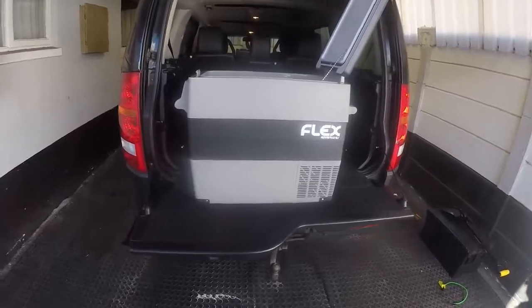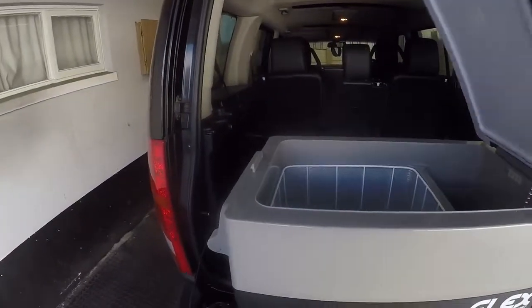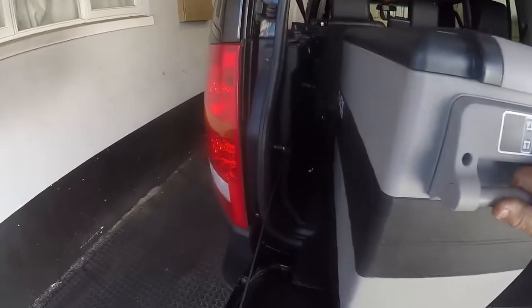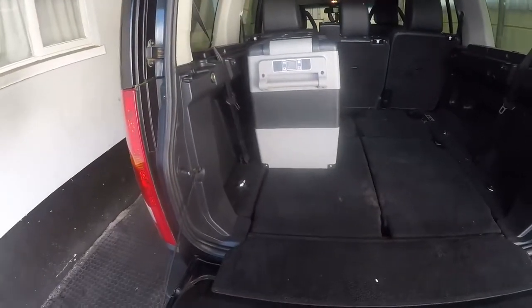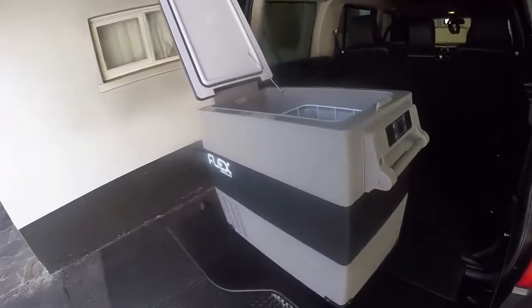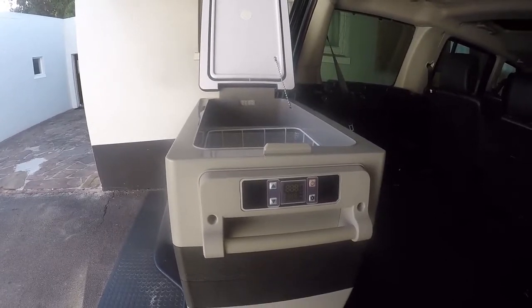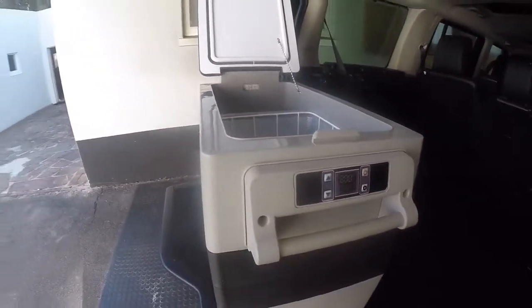So here's where it's going to be used. I've got a Land Rover Discovery 3, and I will be using this fridge mainly in this vehicle. I will be fitting it in something like that. I'm going to have to find a way to strap it down so that it doesn't roll around. I don't want to put a packing system into this vehicle like I did with my Pajero. I want to keep it unhindered. It's going to be a bit fiddly, but I'm going to have to do it that way,